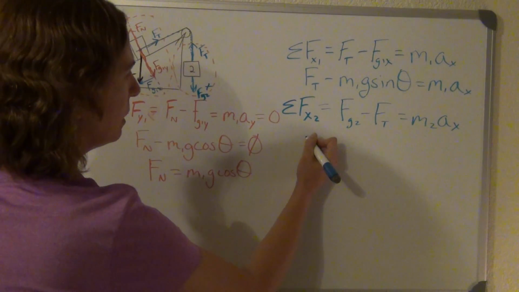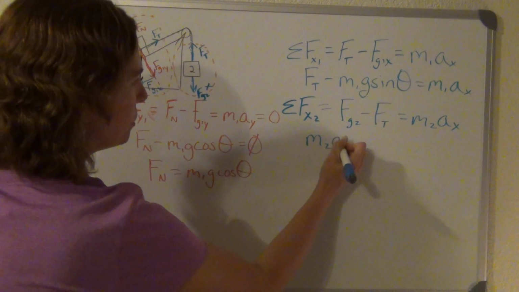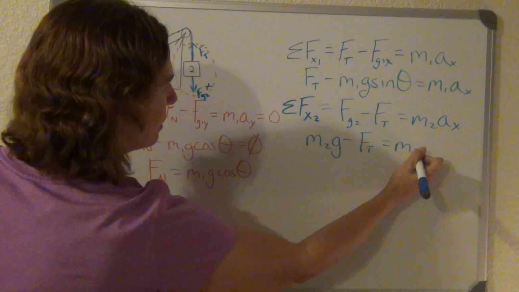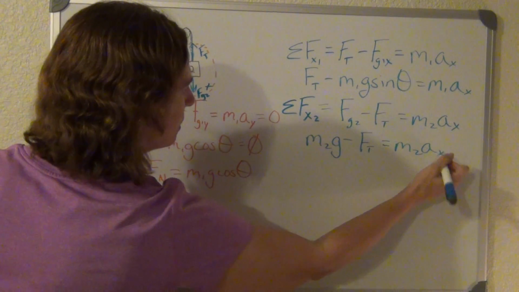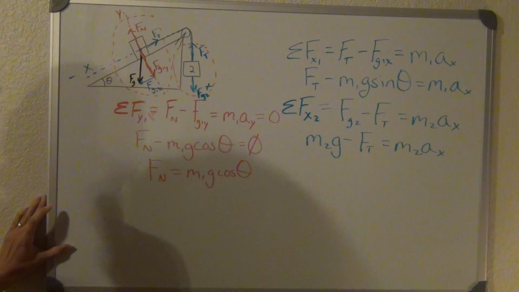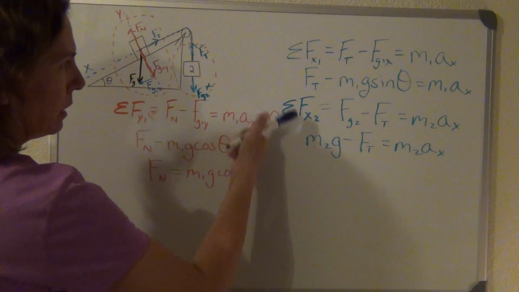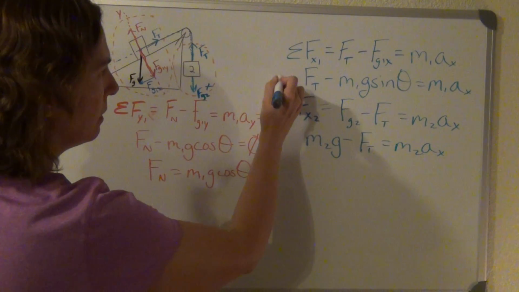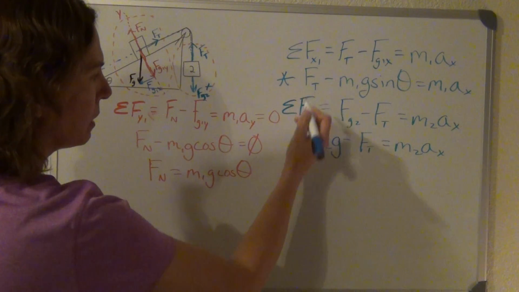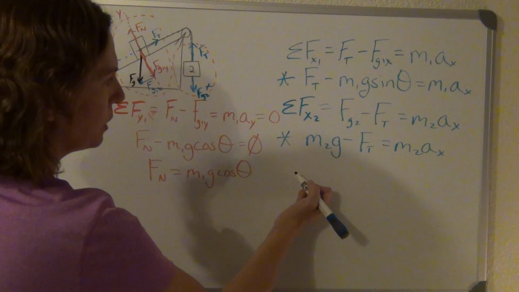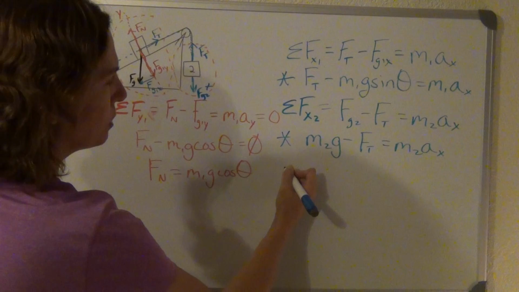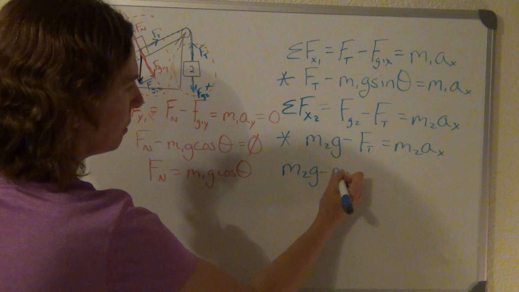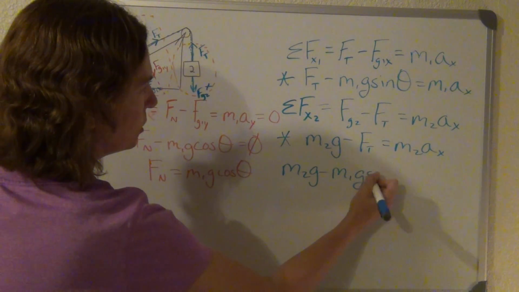Okay, once again, Fg2 is just m2g minus force of tension equals m2 times acceleration in the x direction. I can combine these two equations to get rid of my force of tension. So if I add this equation for mass 1 and this equation for mass 2, our force of tension will cancel out, and I'm going to get m2g minus m1 g sine theta